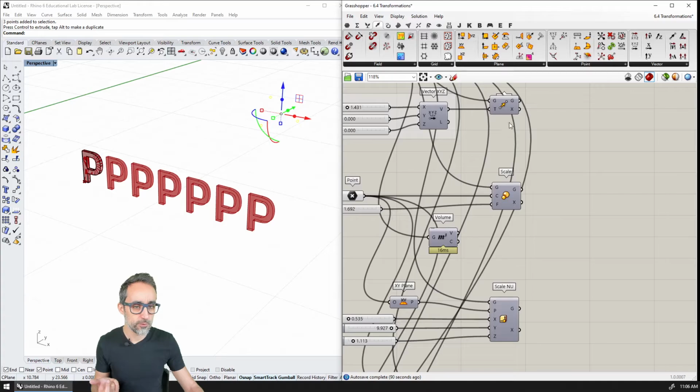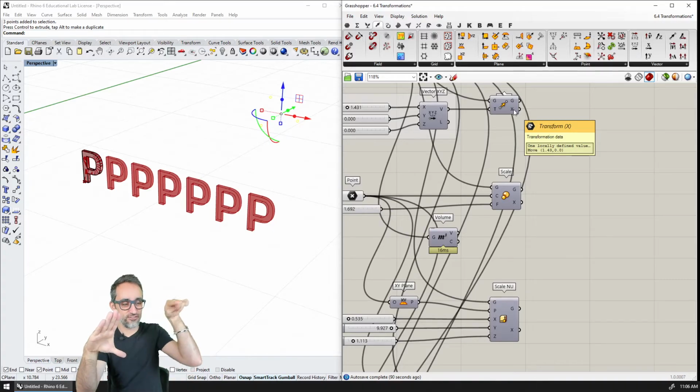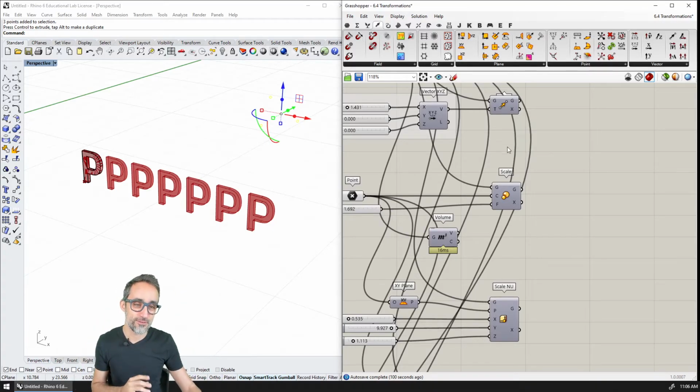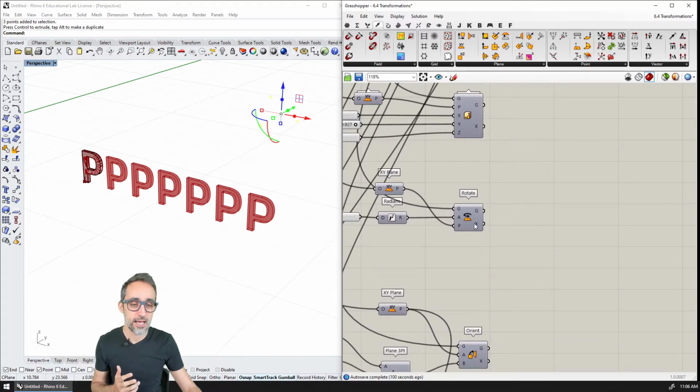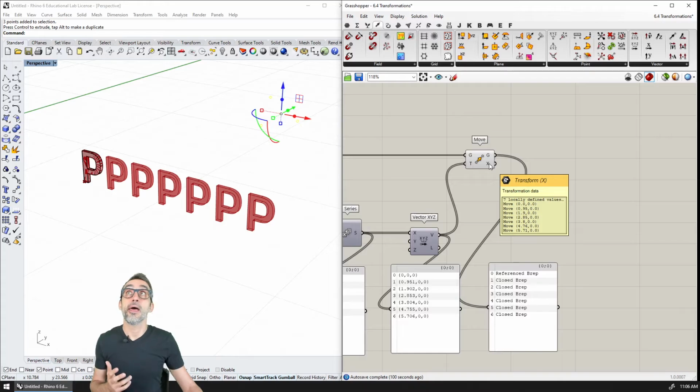And the X output for all of them is something called transform. If you look at the icon, it's this kind of spiral arrow, whatever, that basically signifies